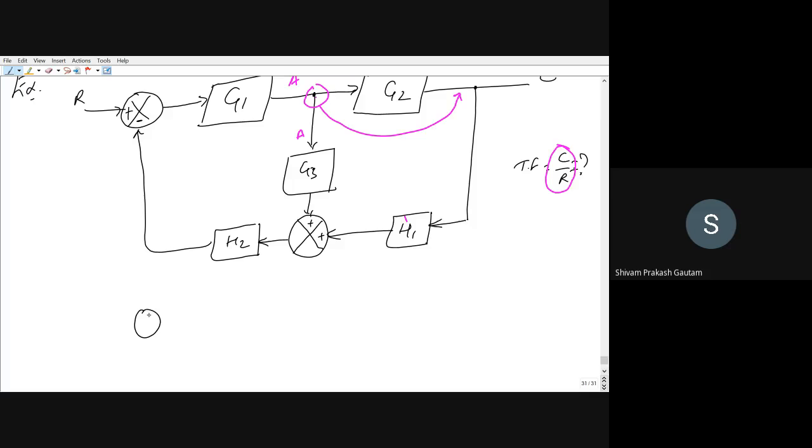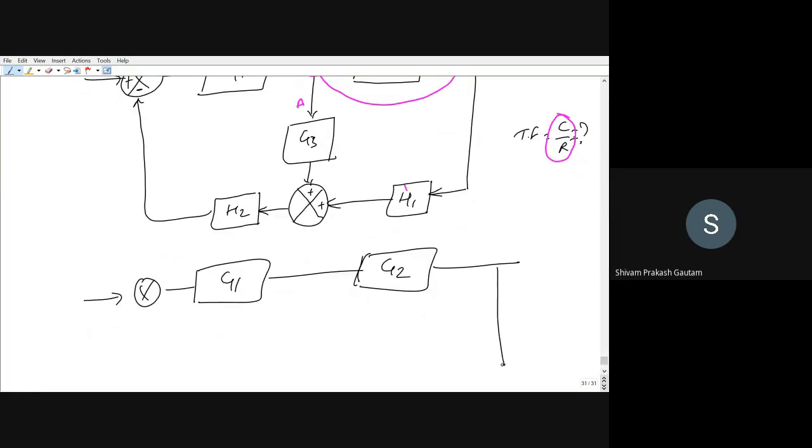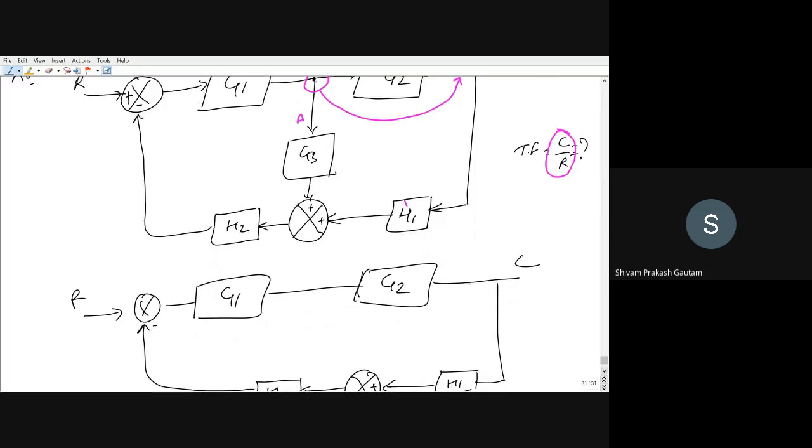So there is one summing point R, one block G1, another block G2, and then we are having feedback gain H1 going to the summing point. This is H2 going to this point, minus. So this is our R, this is our C, and now I will draw what will happen if I move to this point, right? Let us suppose I have moved the takeoff point to this point. Now this is going like this. This is the gain, right, plus.